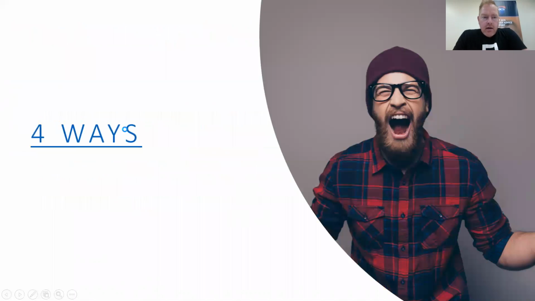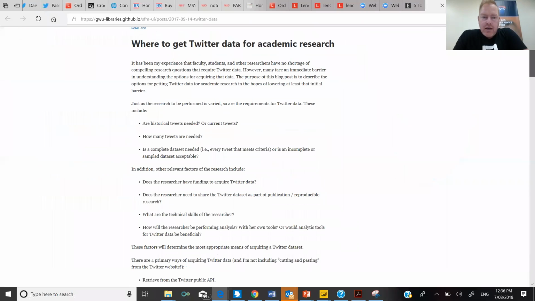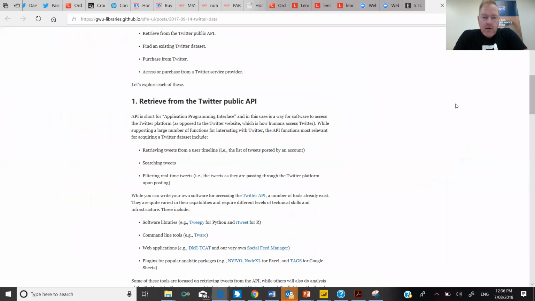I will just skip to another web page that I found, and what I wanted to show you there is where to get Twitter data for academic research. We can retrieve Twitter data through their public API, and that's essentially what we're doing with the solution I showed you today. We're using an Azure solution template that's talking to the Twitter API.